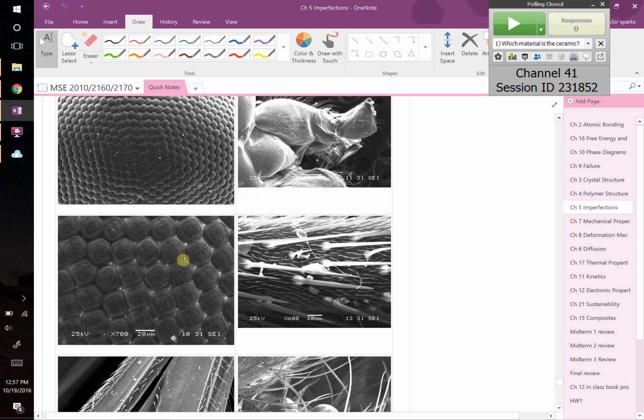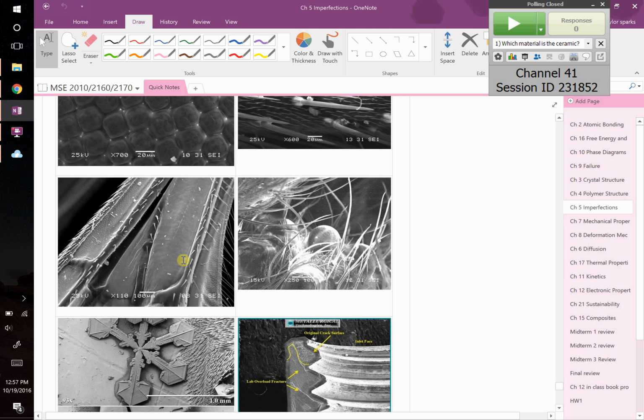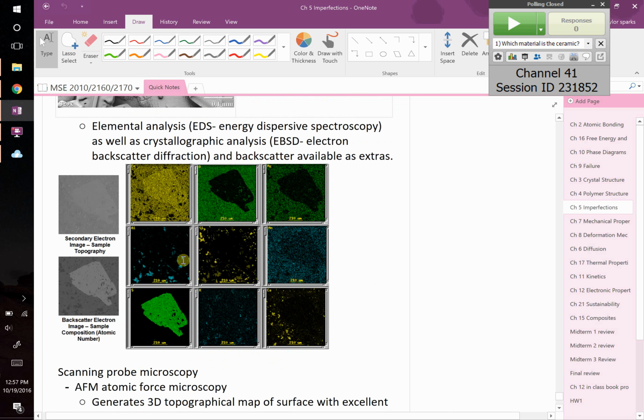So we talked about scanning electron microscopes. We talked about transmission electron microscopes. Basically, in one the beam of electrons bombards through the sample, and in the other it hits the sample and bounces back, right? And you can make cool images. The very last thing we said was EDS, elemental analysis, where you can not only capture an image,